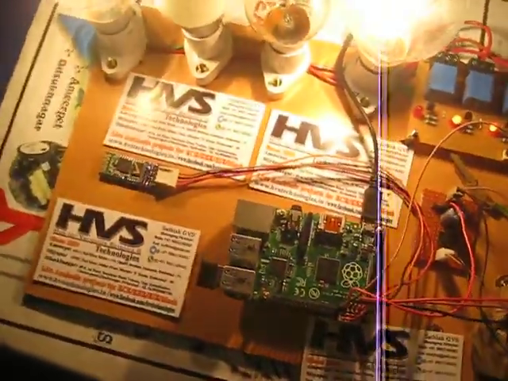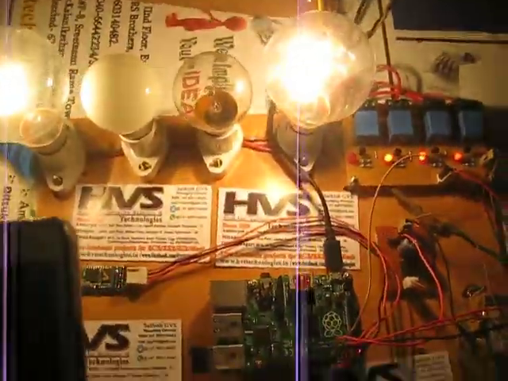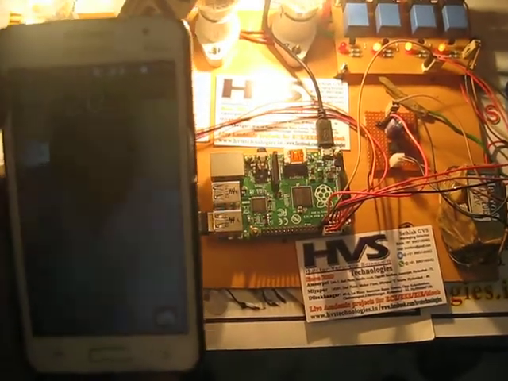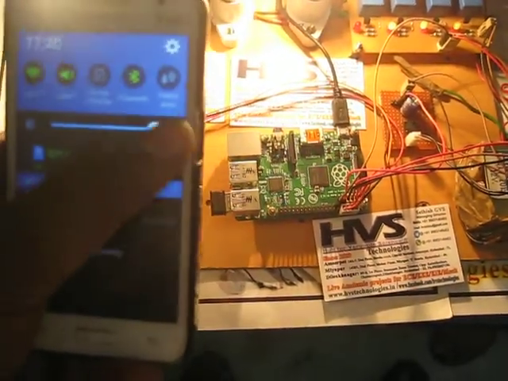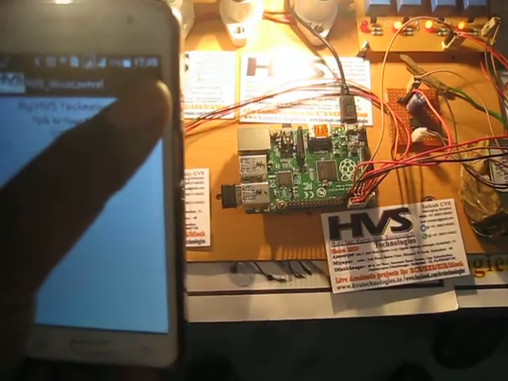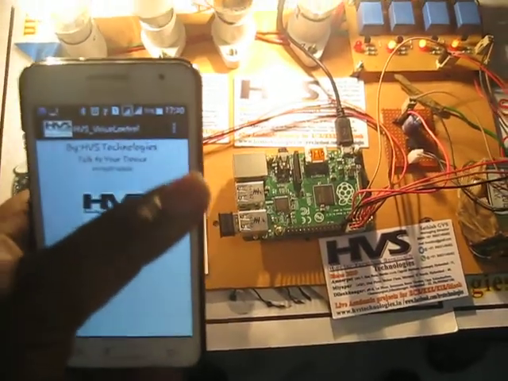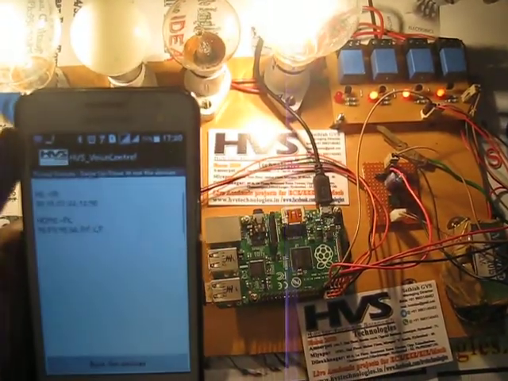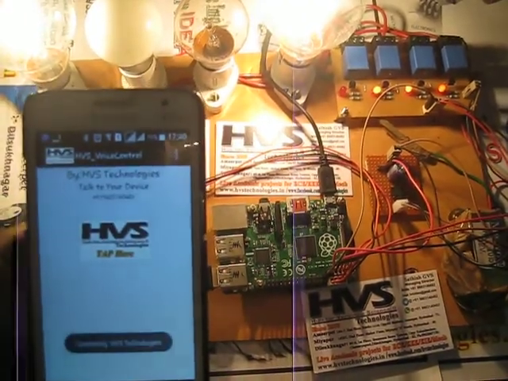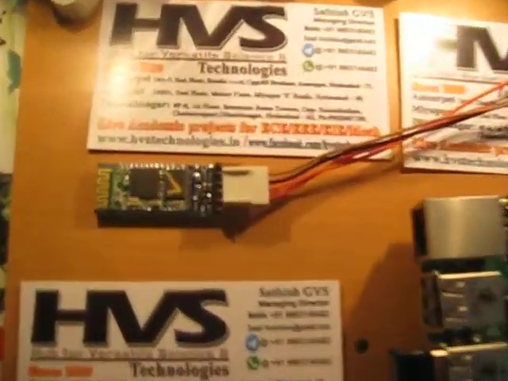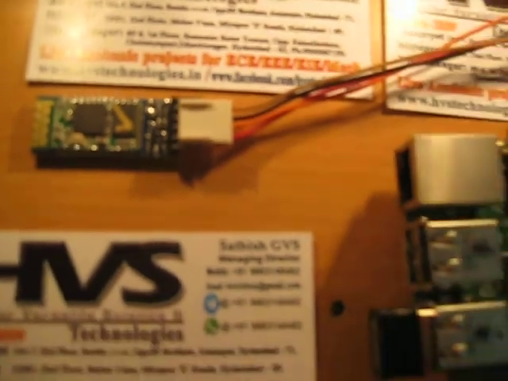So first we initially check with Bluetooth. As we turn on the Bluetooth device, we can see here a normal LED blinking. It is waiting for the Android mobile to pair with the Bluetooth connectivity. Once it gets paired, the LED blinking stops, indicating that it has been paired to the user device.